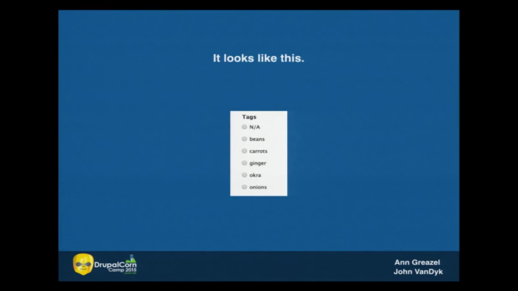Okay, that was on the screen, and you would see that when you add it. And this is an example of closed tagging, because you're requiring the person to select a predetermined term.